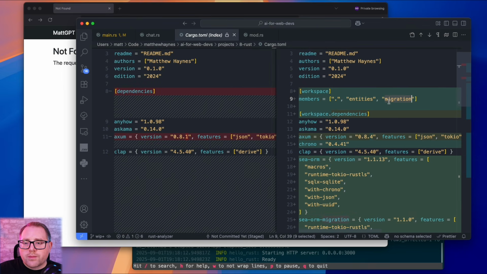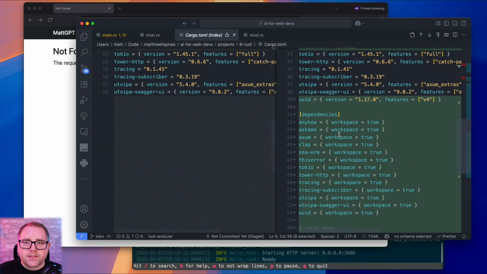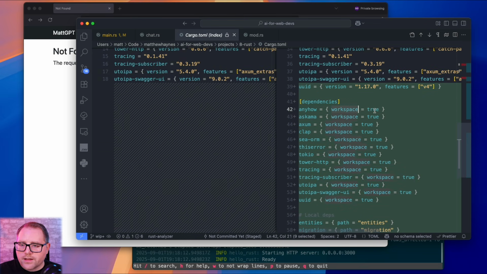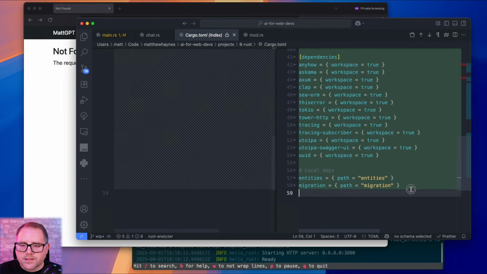The reason why they're separate is it makes it easier to manage dependencies and things like that. So we're going to define all of our dependencies basically at the workspace, and then for these subcrates, we're going to just inherit them. And then, yeah, we can see here we have local.